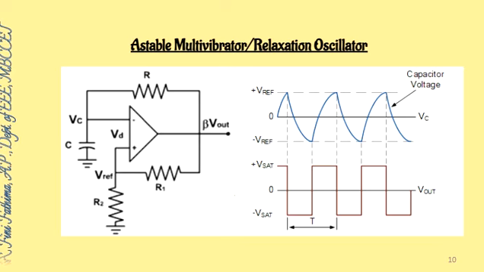Hello, we were discussing the Astable multivibrator. I have already explained the working. So in this circuit we know that the Astable multivibrator, or relaxation oscillator, or we can call it a square wave generator. Okay, the output of the op-amp depends on the